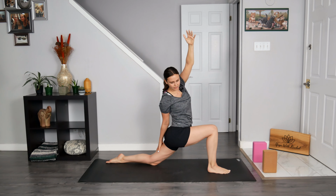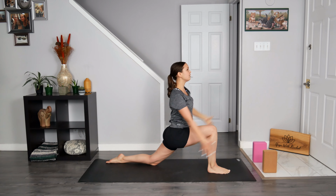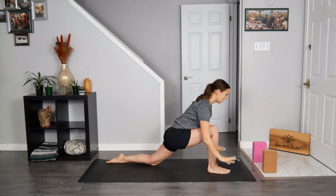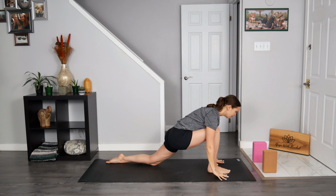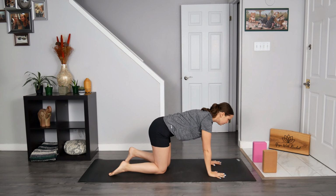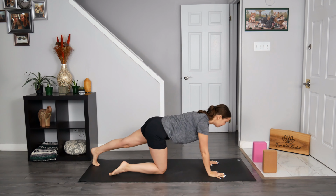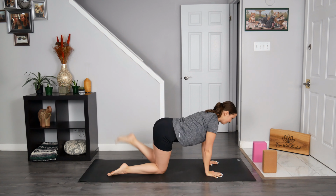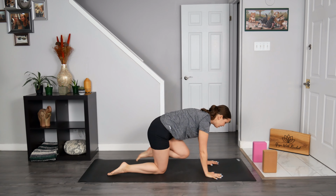breathe out. On your next breath in, unravel, sending both hands to the sky, and then breathe out to float your hands down to frame your right foot. Plant your palms and then step it back to a tabletop position. Curl your left toes under and then slide the left foot back. Breathe in here and then breathe out to bring the left knee in towards your heart and then step the